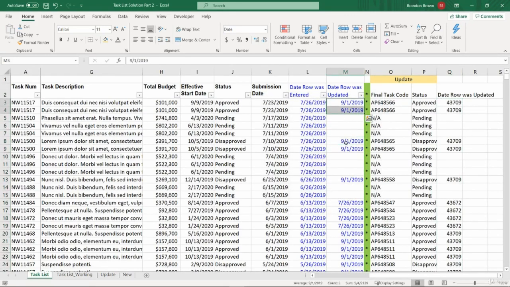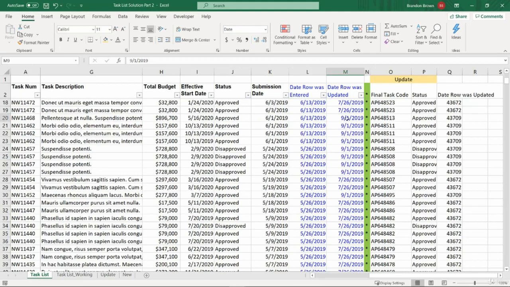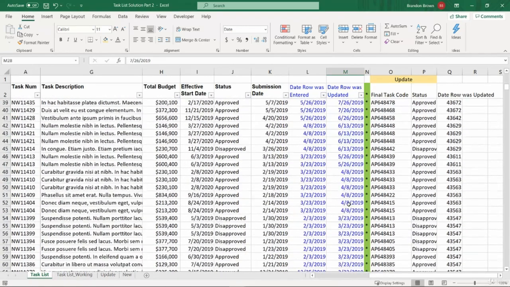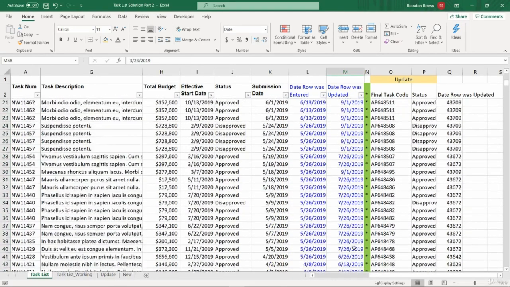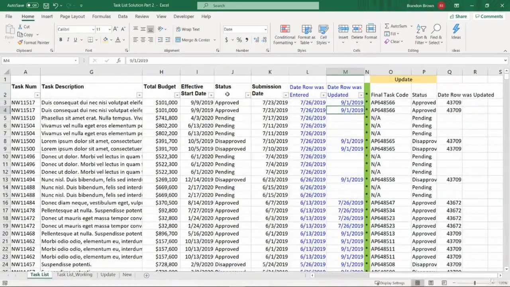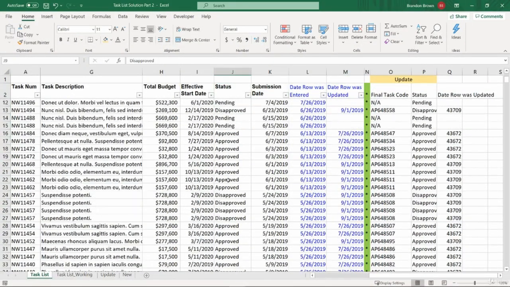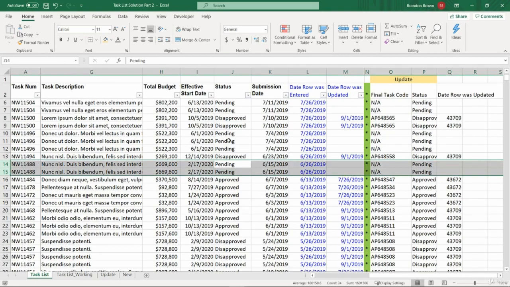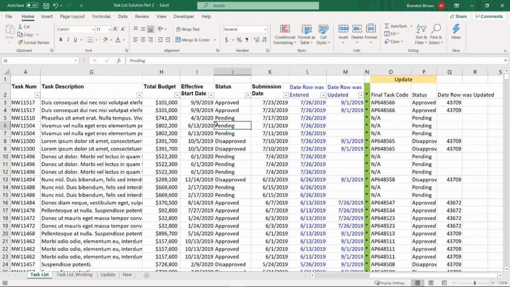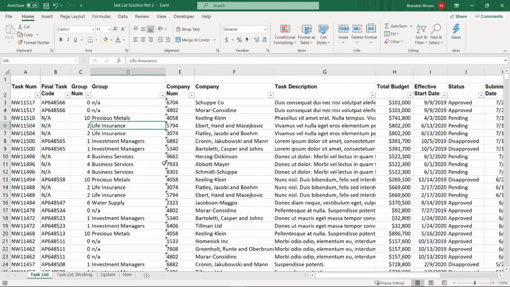So these ones were updated as of the date of the report, 9/1/19, but the rest of these will go on as continuing the date that they had. So this was updated. The status has been updated now. Are there any pendings in there? Yeah, there's a couple in there. Not too many, but there's about to be a whole bunch more because we're about to add in the rows